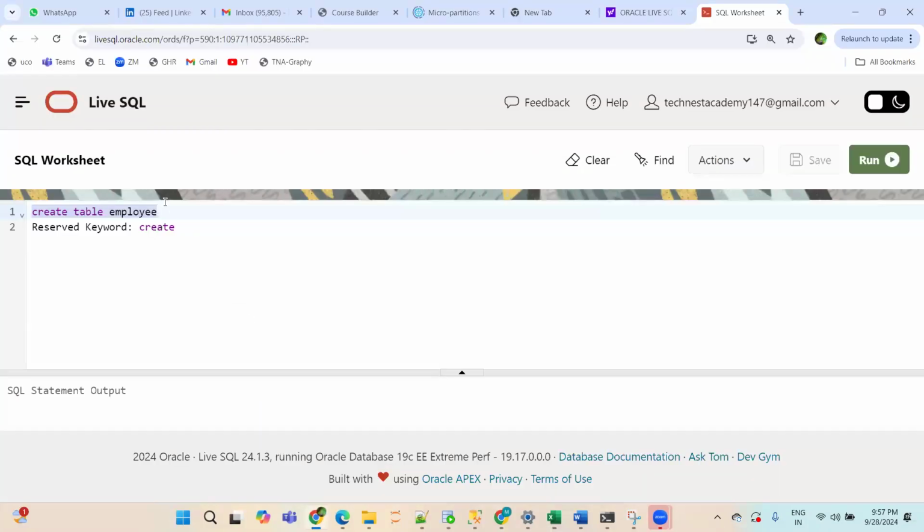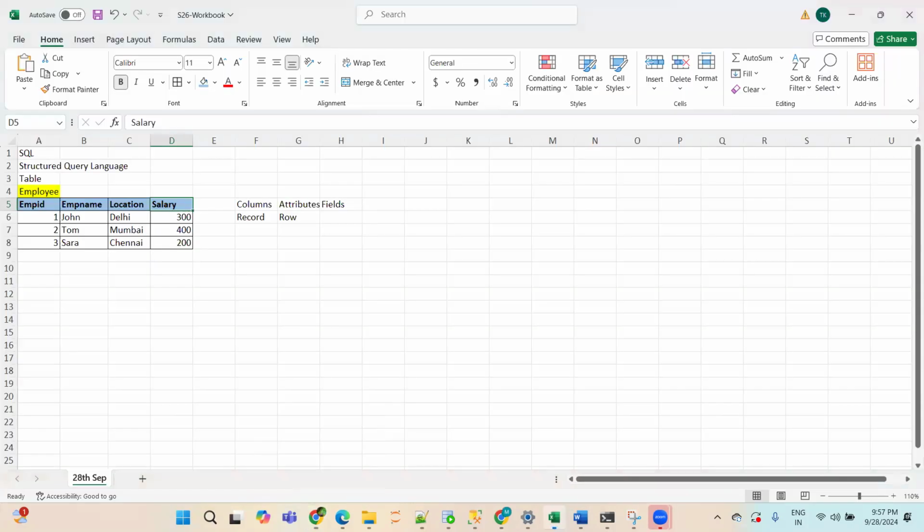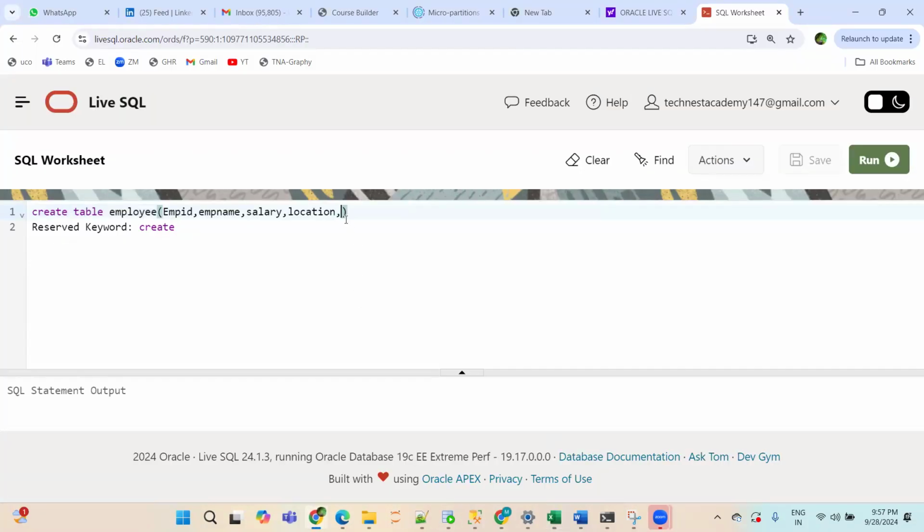Similarly, you have to mention the column names here, but they have to be in parentheses: employee ID, employee name, salary, and location.